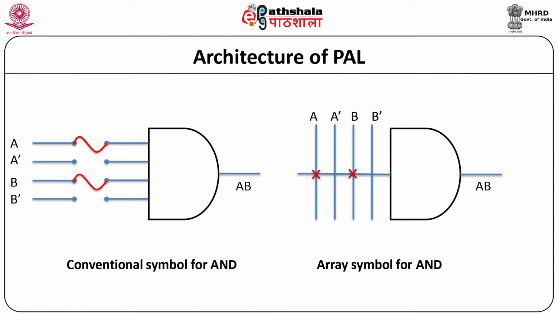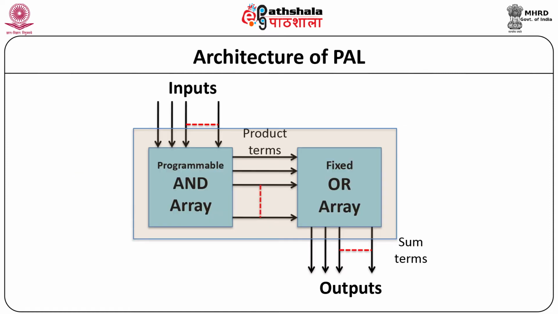Each AND gate is shown with a single input line and a single output line. A programmable array logic, PAL, has a programmable AND array at the input and a fixed OR array at the outputs. The PAL has a programmable AND array instead of a hardwired AND array. The number of AND gates in the programmable AND array is usually much less compared to the ROM, and the number of inputs of each of the OR gates are fixed by the manufacturer.